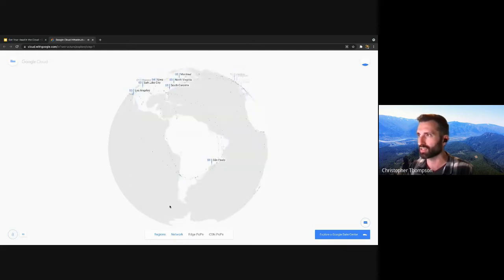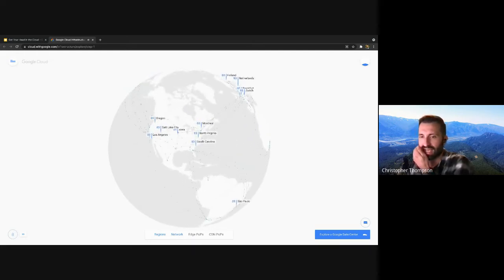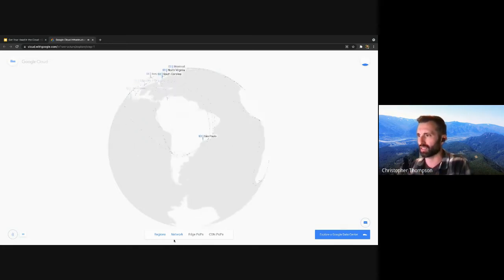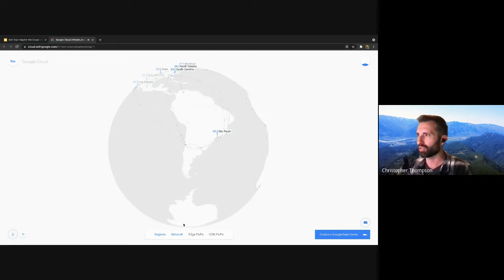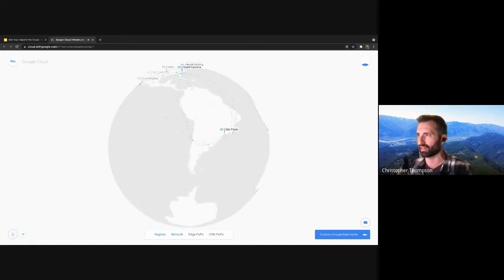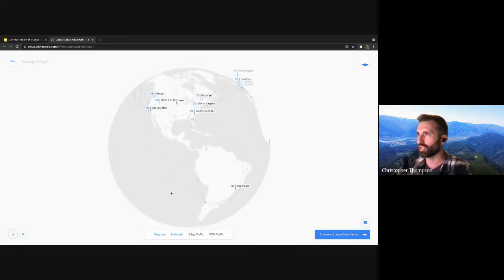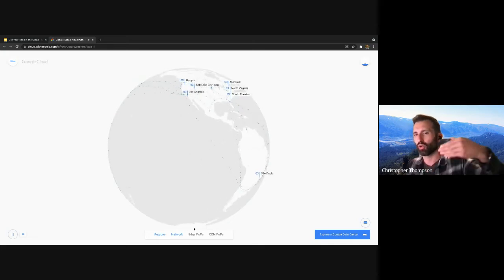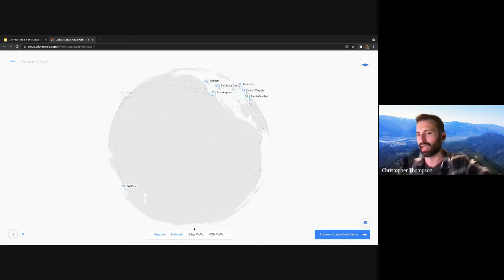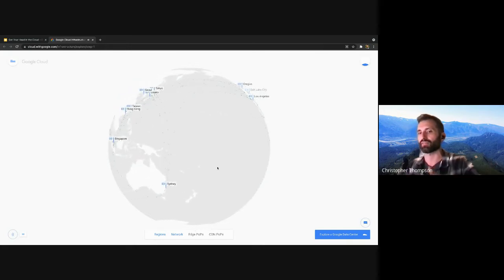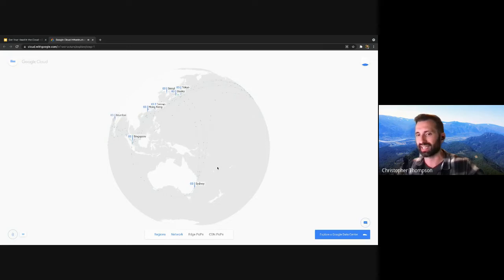So let's say you're hosting your app somewhere where there's not a region. Say you're down here, or say you have users down here. Maybe you can't set up an entire region there, but you want a way to get your data to that user as fast as possible. The thing this is solving is that you don't have to travel across the internet,